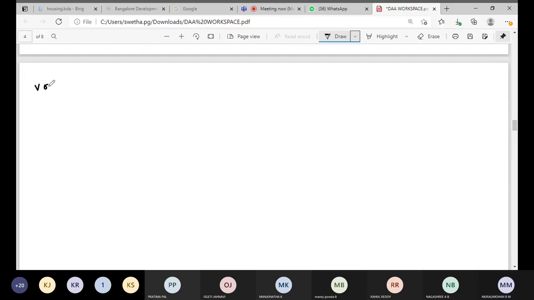So void print of int n. I am just trying to print n natural numbers. Okay. So if n is greater than 0, then we'll just try to print